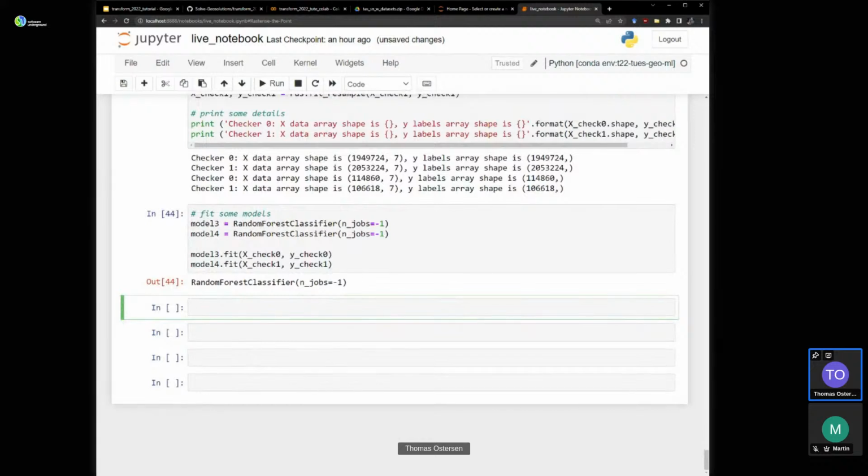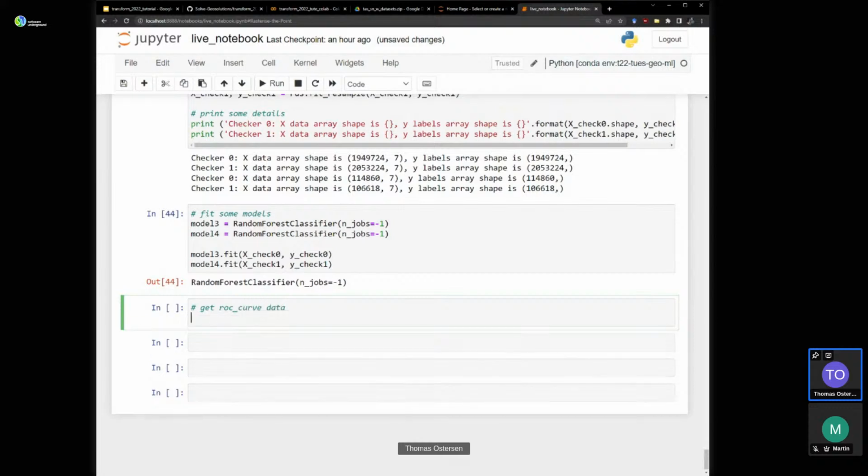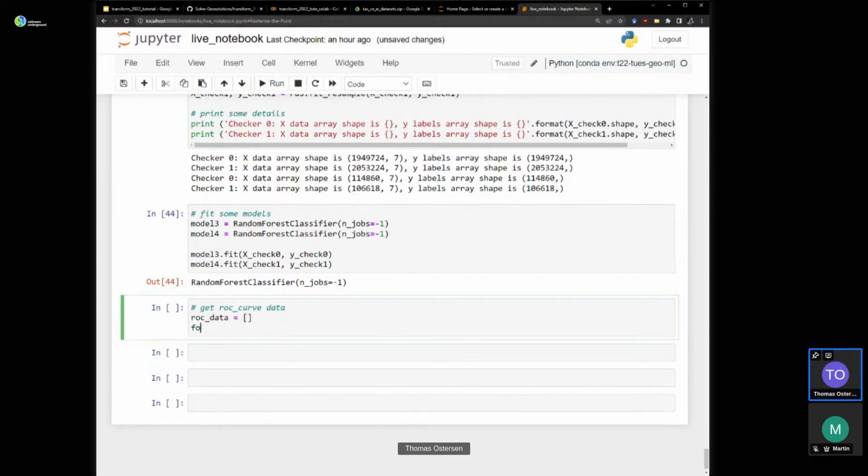So we're just going to loop through our models, our checkers, and calculate the metrics and just append them to a list. So get ROC curve data. So we'll just instantiate a list here. And we'll for model, X check, Y check in zip.